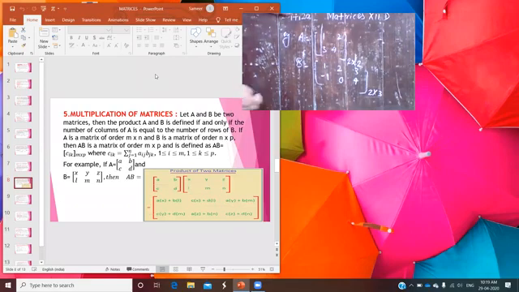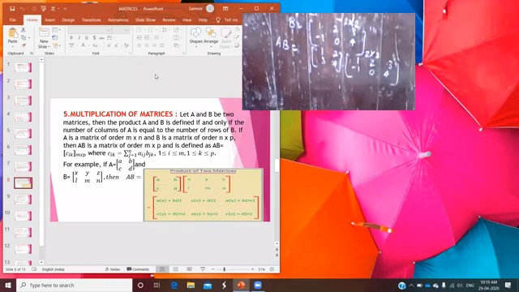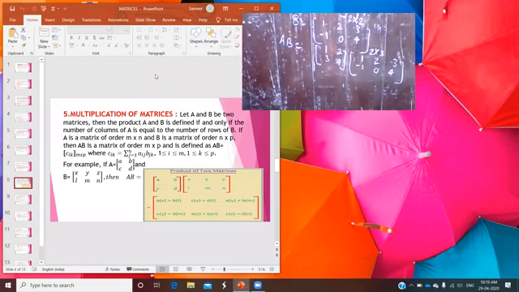Now think about how you take the product AB. First of all, you write the matrix A as 1, 2, 3, 4, and here you write the B matrix as 1, 2, 3, minus 1, 0, 4. You write the matrices in this way, A and B. In matrix multiplication, first think about the example very carefully. What you have to do here.